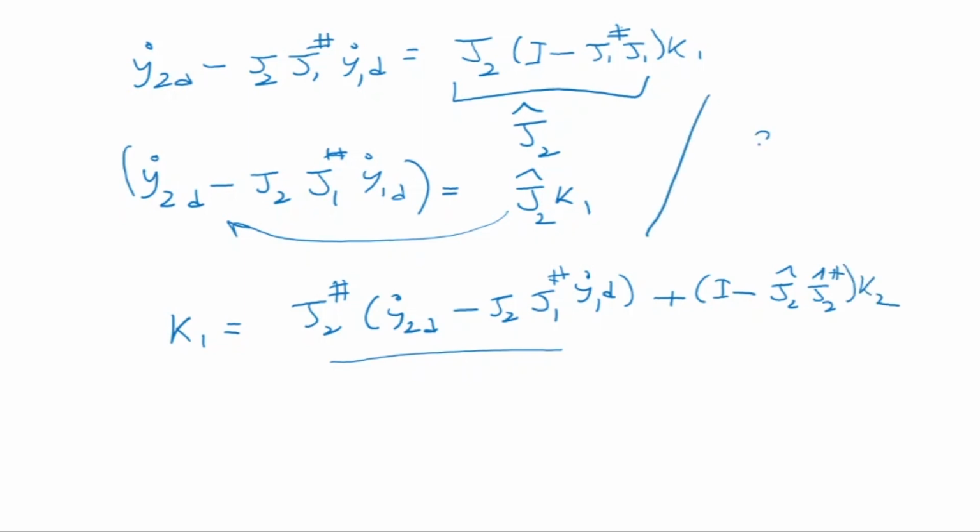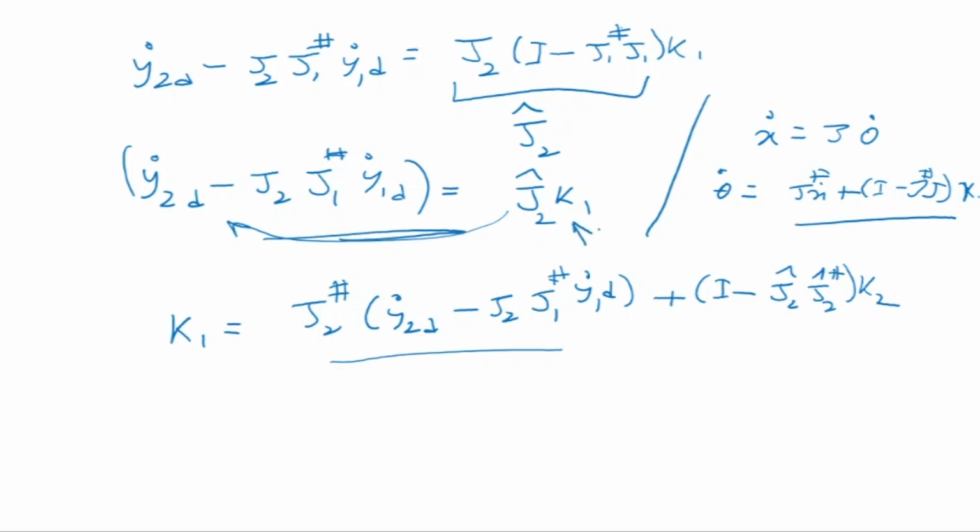So here, just to explain what I did, x dot is equal to J into theta dot. So theta dot is equal to J# into x dot plus (I minus J# J) into k. This is what I'm doing. So in this equation, if I want to find the value of a constant k1, I have to bring J2 to the left hand side. That means take the inverse or the pseudo inverse and multiply. Okay, so what I get, k1 is equal to this full term into J2#, plus I get this term because J2 is a non-square matrix. So I get this one which is coming here now, which is equal to k2.